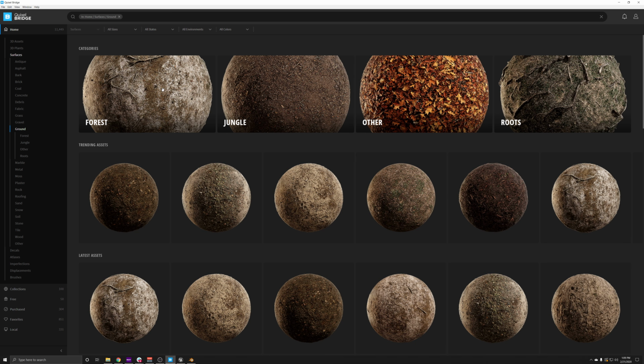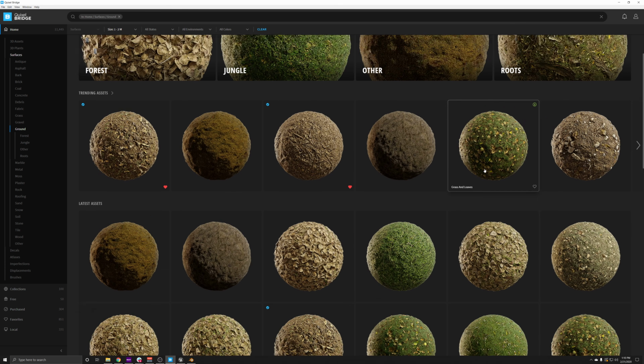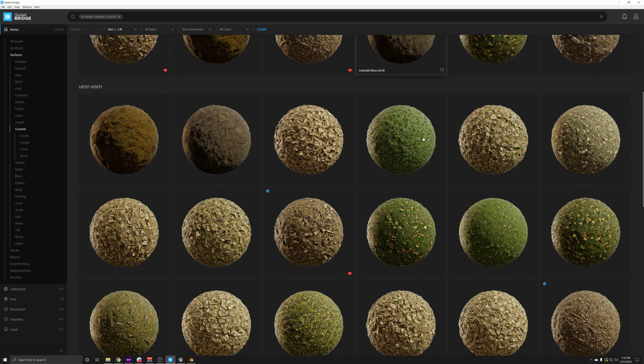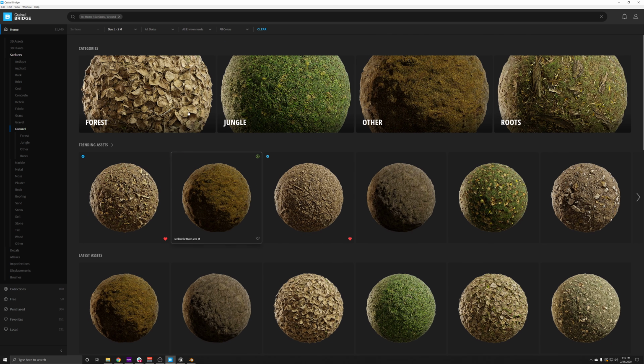If we already have something searched, like I just clicked on surfaces and ground, we can further refine our search results within the viewport here. So say I want to search for different size types. I want something that's between 1 and 2 meters. Okay, so it filtered through my current results of everything that could be 1 to 2 meters.